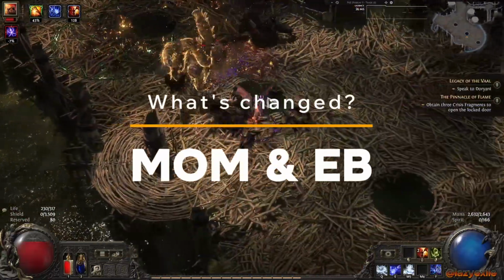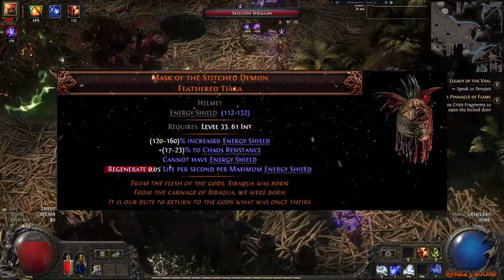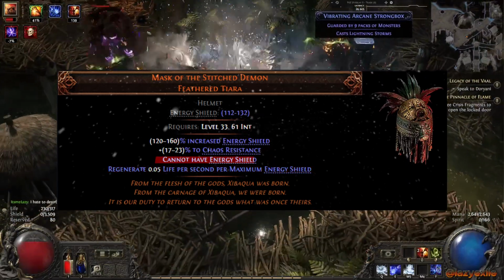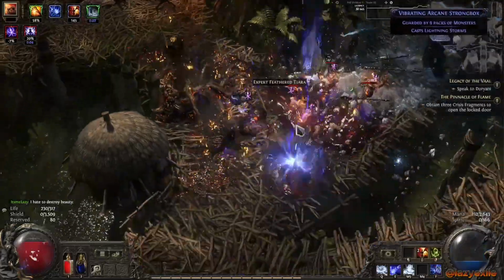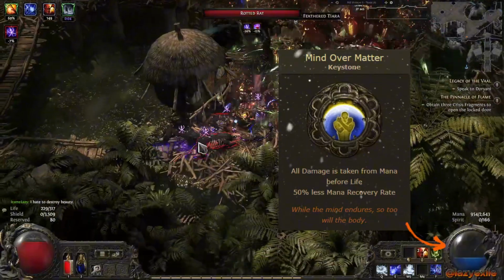Now, I still want to use the Mask of the Stitch Demon as that's the only way for us to realistically get a high amount of Demonform stacks, and it's functioning like it should right now, so we'll have 0 energy shield. And with our life pool, we'll die from pretty much anything in the game, so we'll need to add Mind over Matter into our build, which converts our life pool into mana,